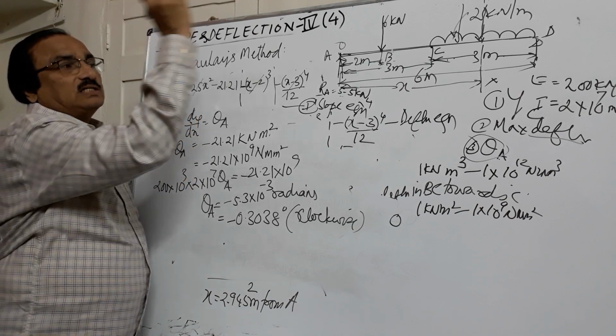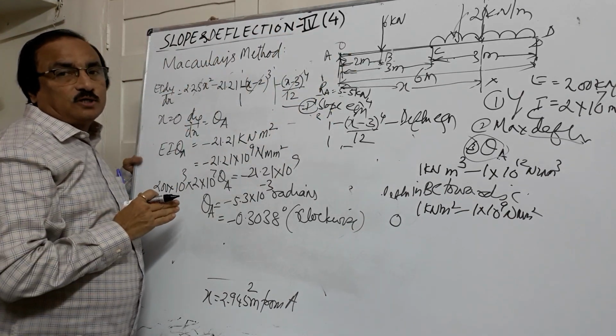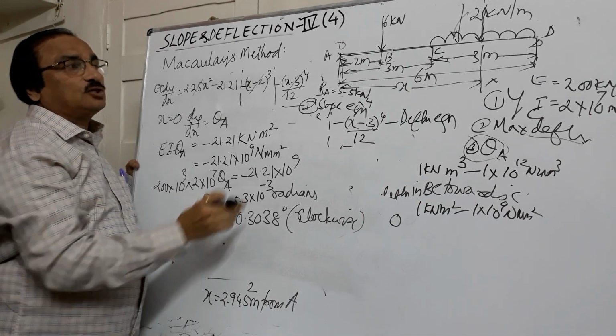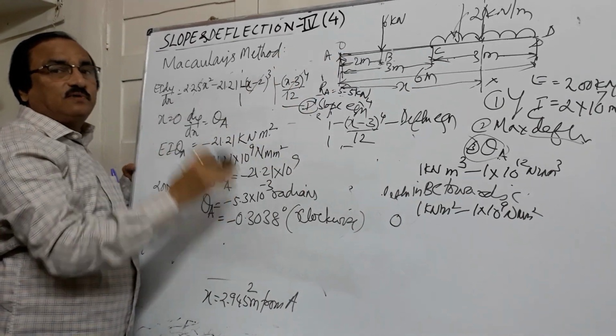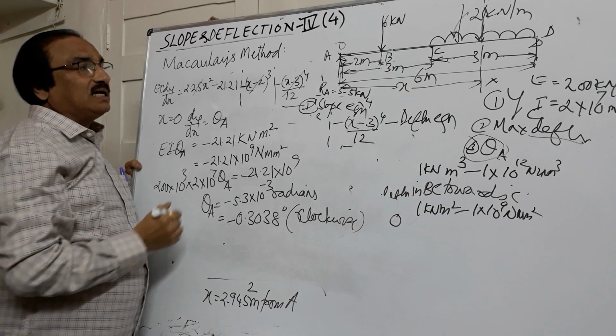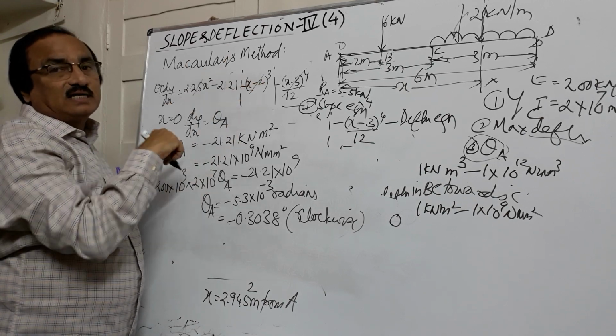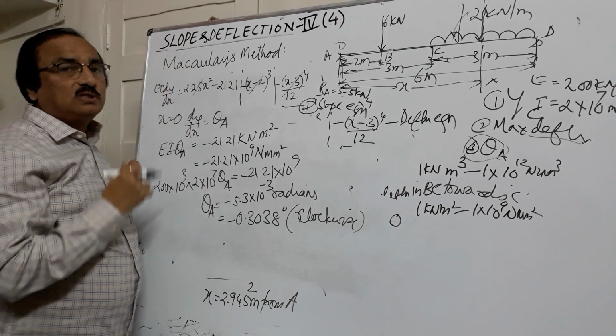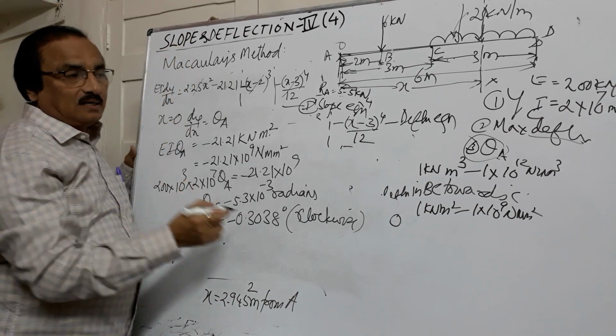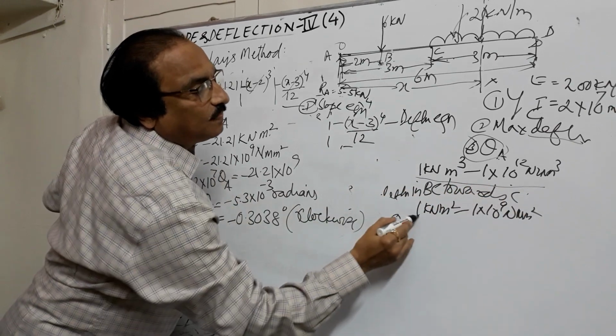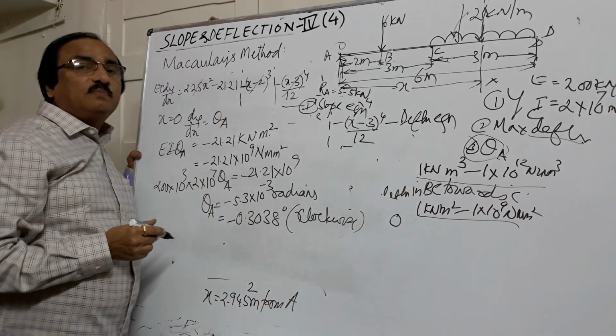So this is the method you will have to follow. First, the section should be in the last portion, and the constants of integration should be written for the first portion only, C1 and C2, and the integration of x minus 2, or x minus a, will be x minus a whole square by 2. So these 3 points you will have to remember, and you remember this relation also, that will be helpful for you to simplify the problem.